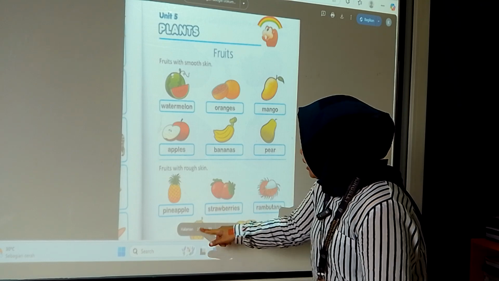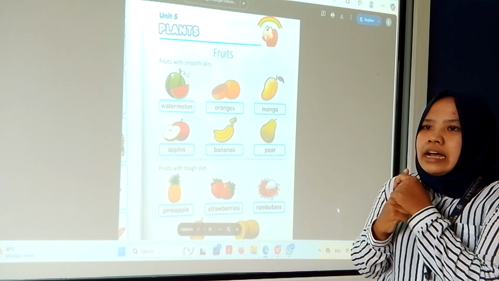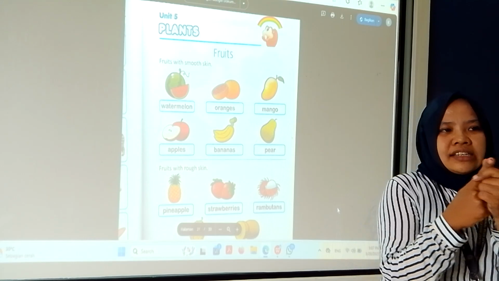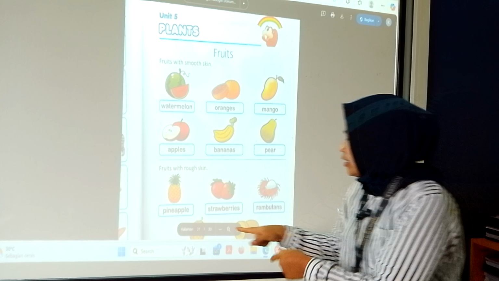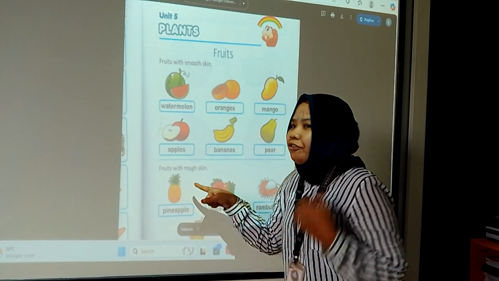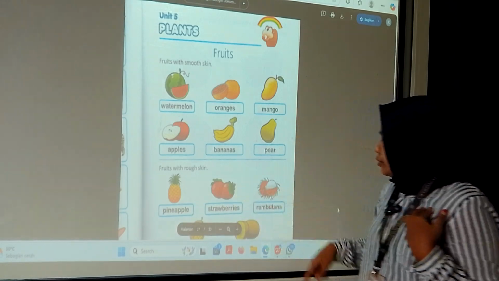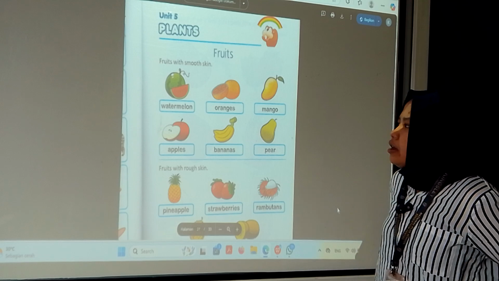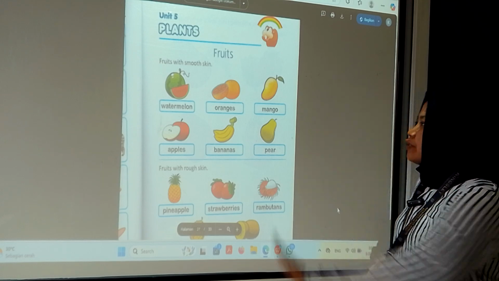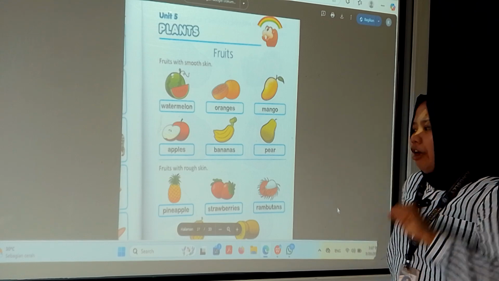Like durian, it's dangerous, right? Here you can touch directly. You can feel this is rough: strawberry and rambutan and kiwi. So we just focus on their skin, smooth and rough.